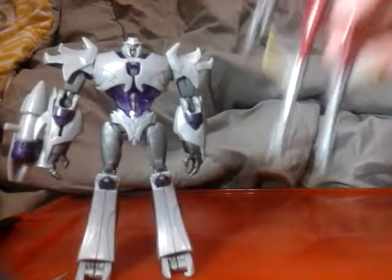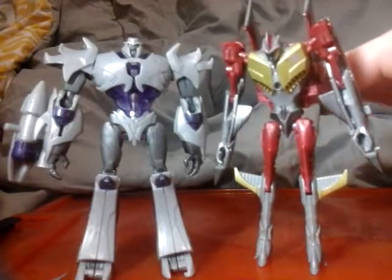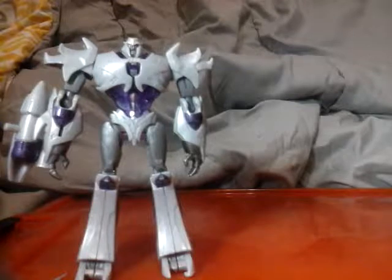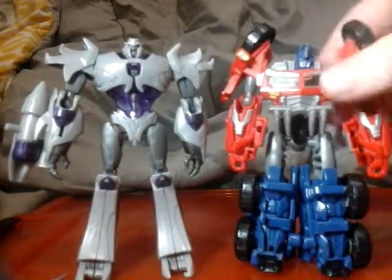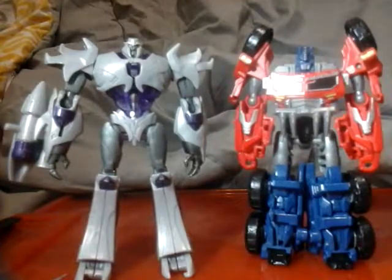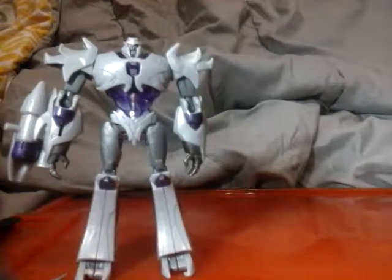Here he is beside Starscream. They look nice together. Here he is beside a better, like, playable Prime that doesn't fall apart a lot. This Optimus Prime. There we go. Look nice together. Now for the other Megatrons we have